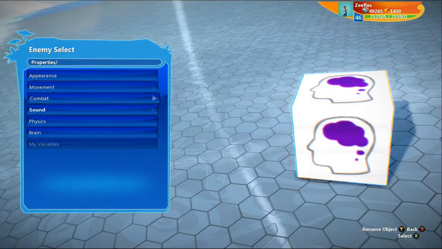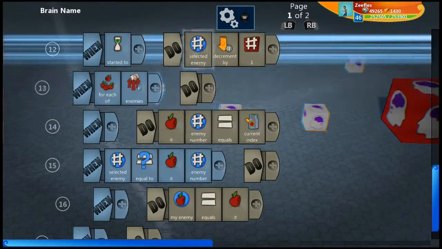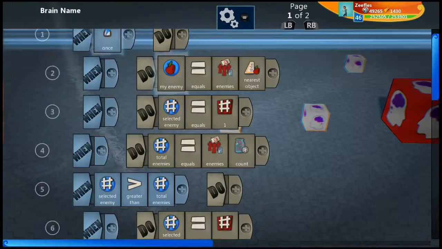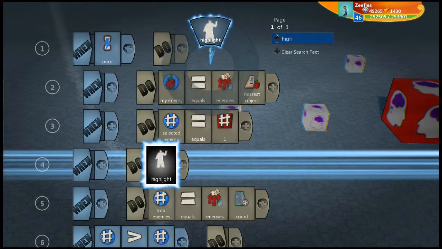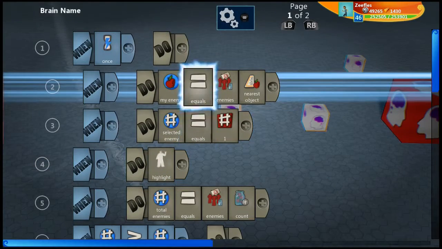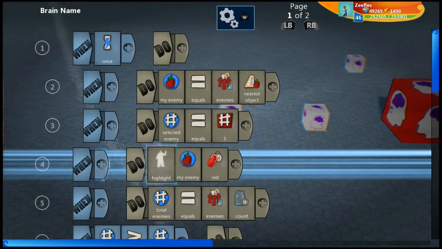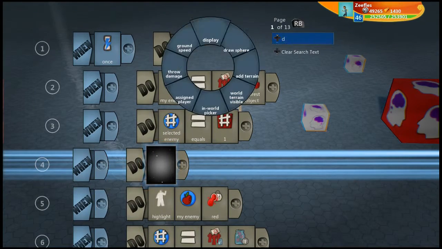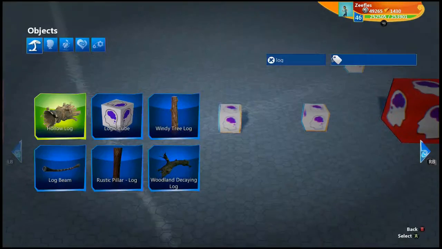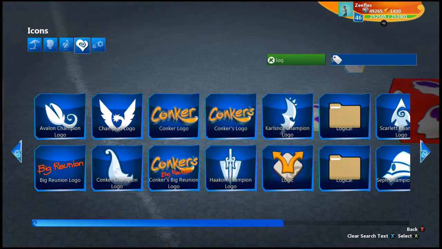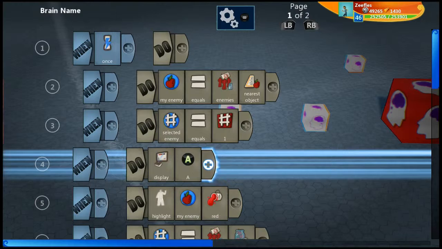So we're going to make this a template. Brain template equals true. Do I also have a function, a small line of code that's going to say highlight my enemy, we'll say red. Okay, we're going to highlight our enemy red, and we're also going to say display the A button. We'll go to objects, gallery picker, up to the little heart here, and we'll say A button,